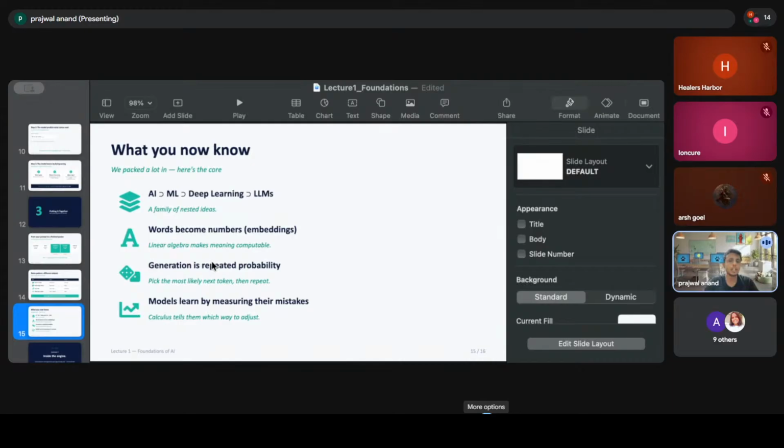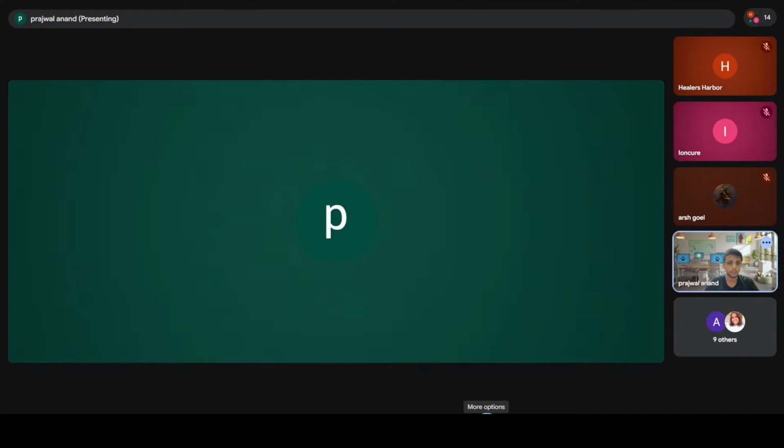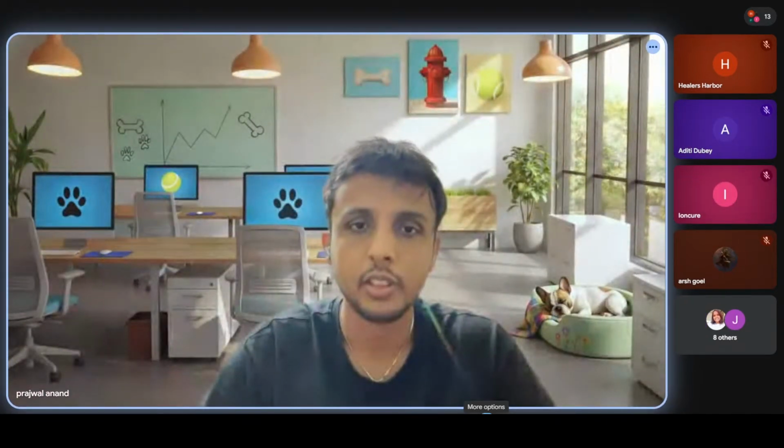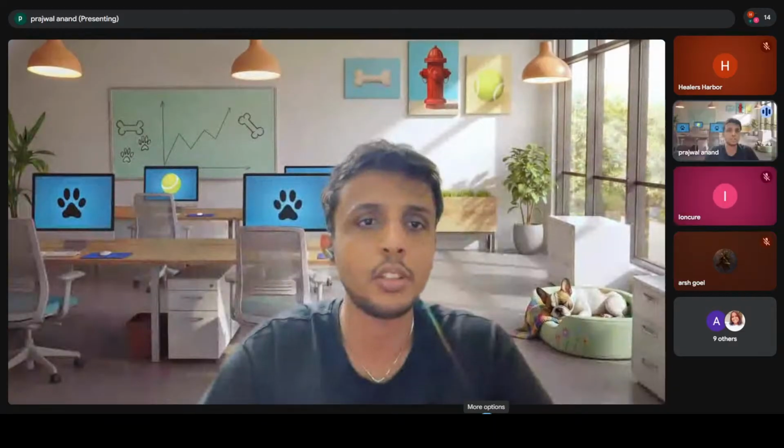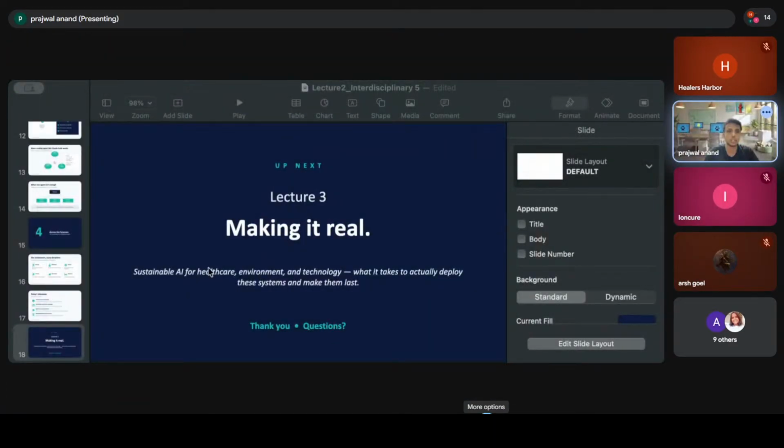So it comes down to words becoming numbers and embeddings, and generation being repeated probability. Models learn by measuring their mistakes. That is the basics of it. But how does this apply in the real world across disciplines? Let's see that next in a moment. Now next I'll be speaking about how these basics and foundations are part of